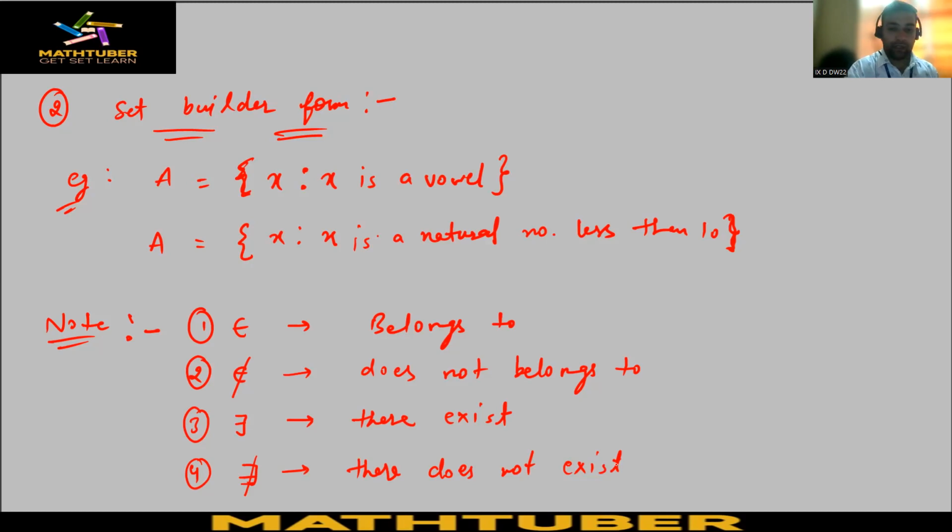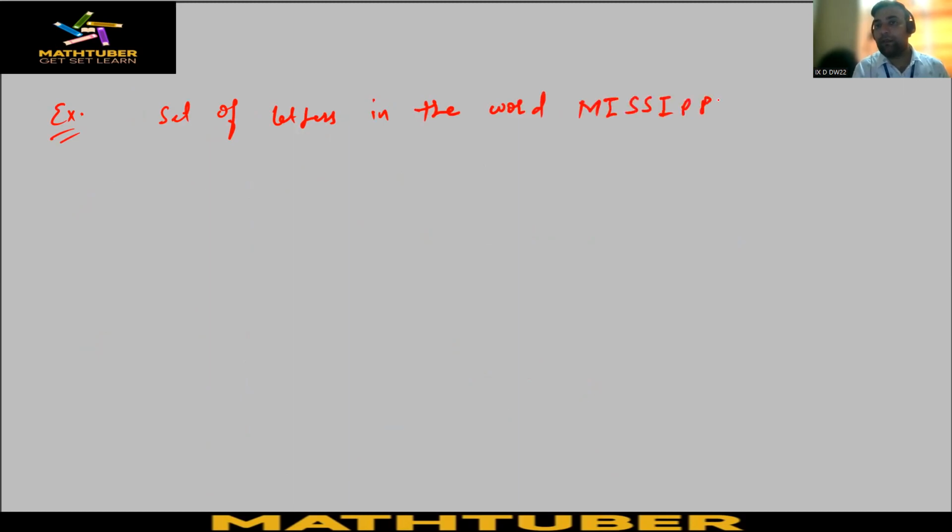So I have till now told you about the representation of sets in two forms, roster form and set builder form. So suppose you want to form a set of letters in the word Mississippi, right? So you will write A equal to,